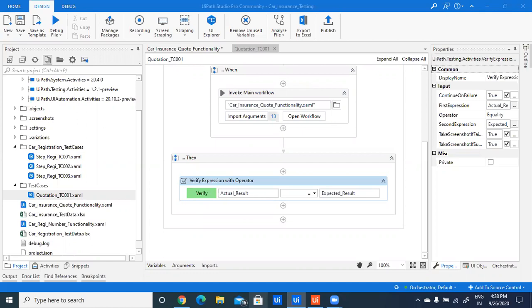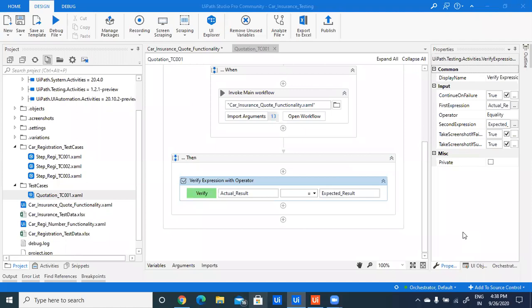So the first question is, can we use this test case at framework level? Yes, we can design these test cases at framework level also. You need to decide which type of framework you will be using, and you can use whatever customized framework you design. These test cases can be inside that framework. So the framework will be the parent, and all the test cases will be the children for that, and then you can execute all test cases.